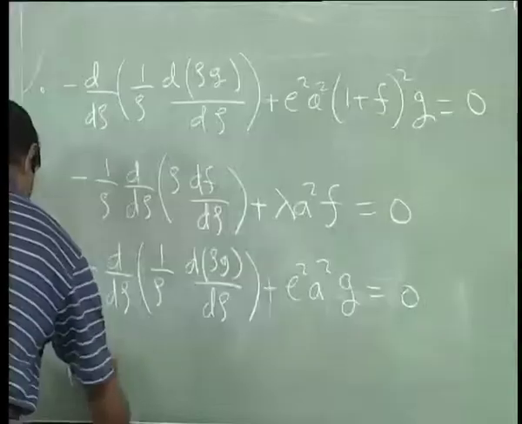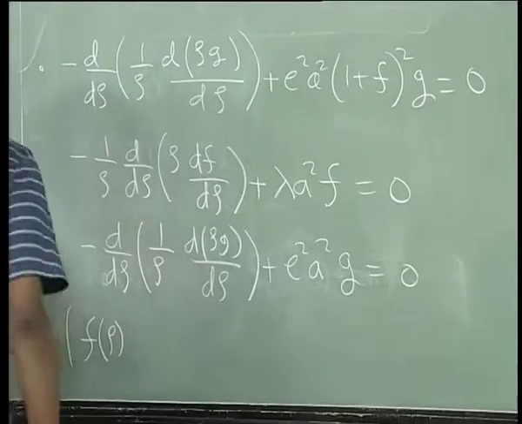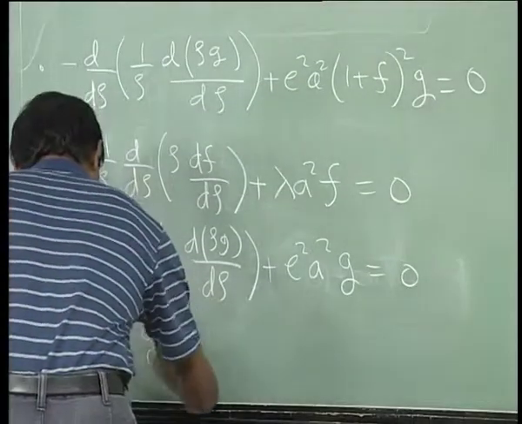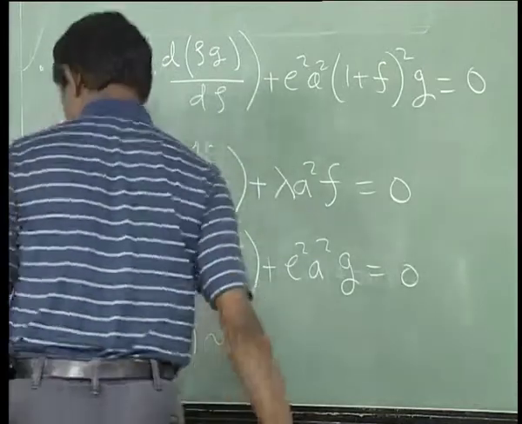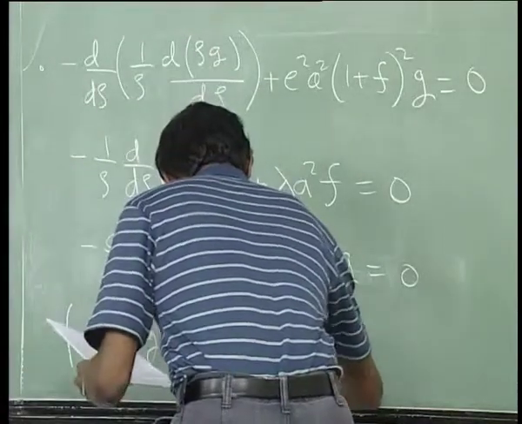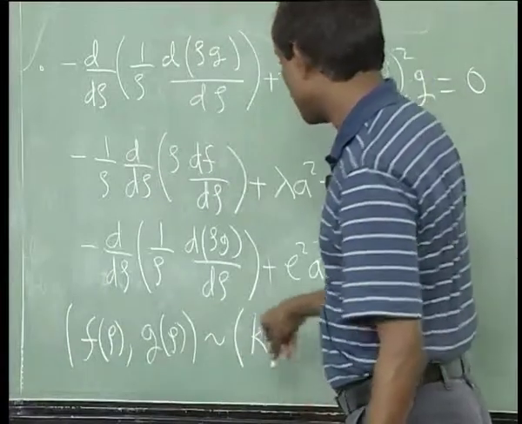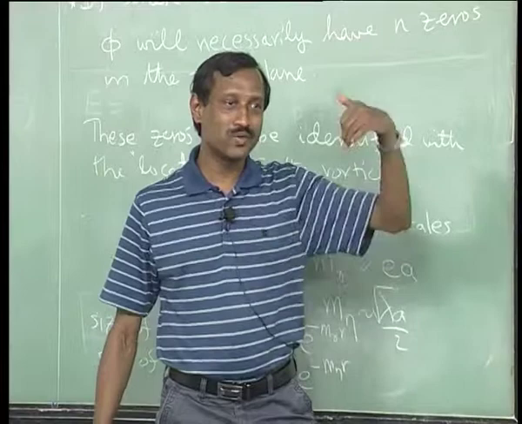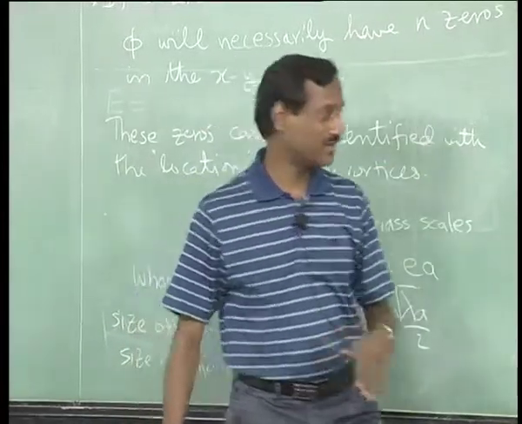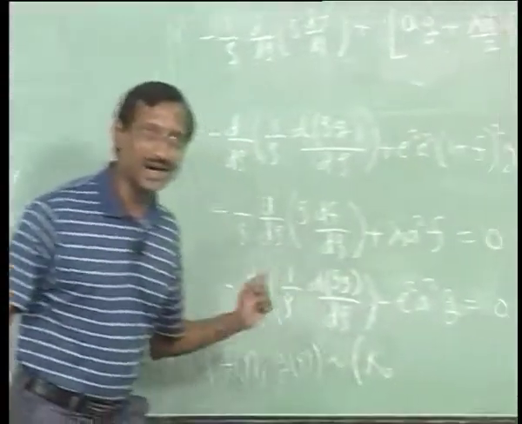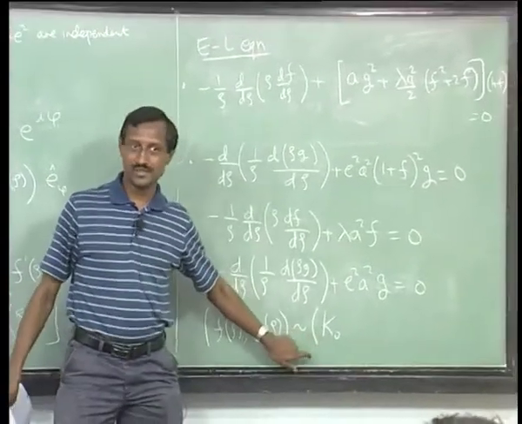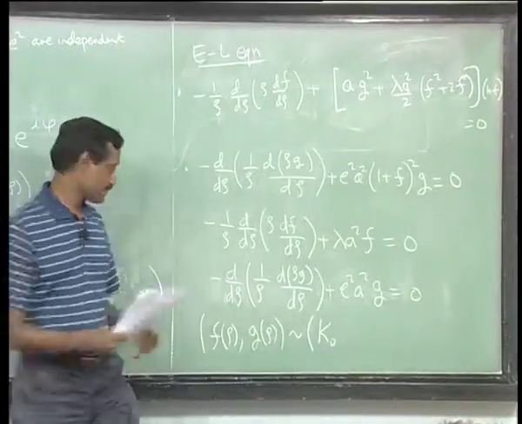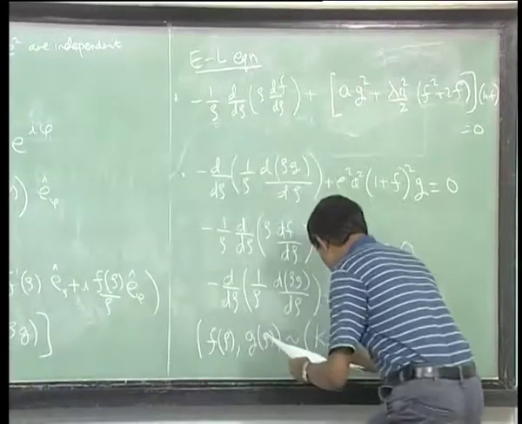You can solve them easily. F of rho and g of rho go as Bessel functions, and the asymptotics should be such that f and g vanish. So, it is not the J, which for large values of the argument oscillates, while what you want is exponentially dying functions. So, the boundary conditions are taken into account by which Bessel function you choose. Okay. So, f0 goes like K of,